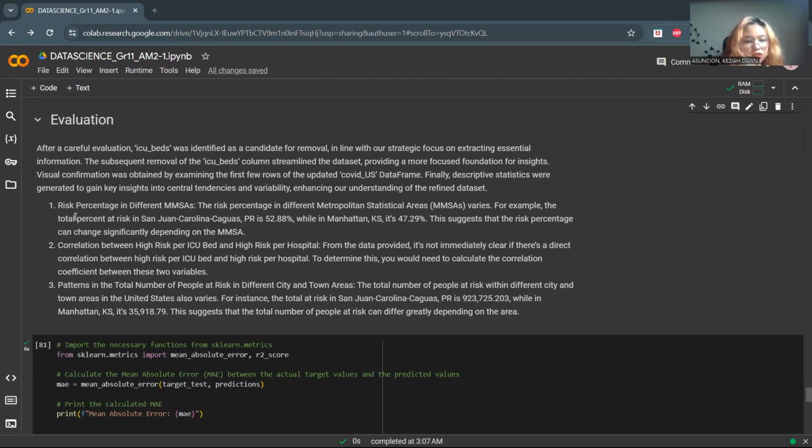The three questions in the EDA are answered here. The first one is risk percentage in different MSAs. The risk percentage in different metropolitan statistical areas, or MSAs, varies. For example, the total percentage at risk in San Juan, Carolina, Canovanas, PR is 52.88%, while in Manhattan, KS it's 42.29%. This suggests that the risk percentage can change significantly depending on the